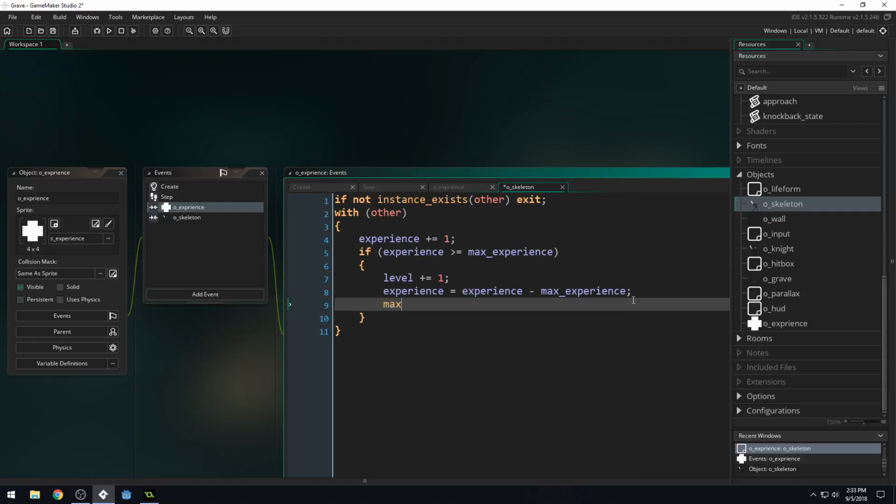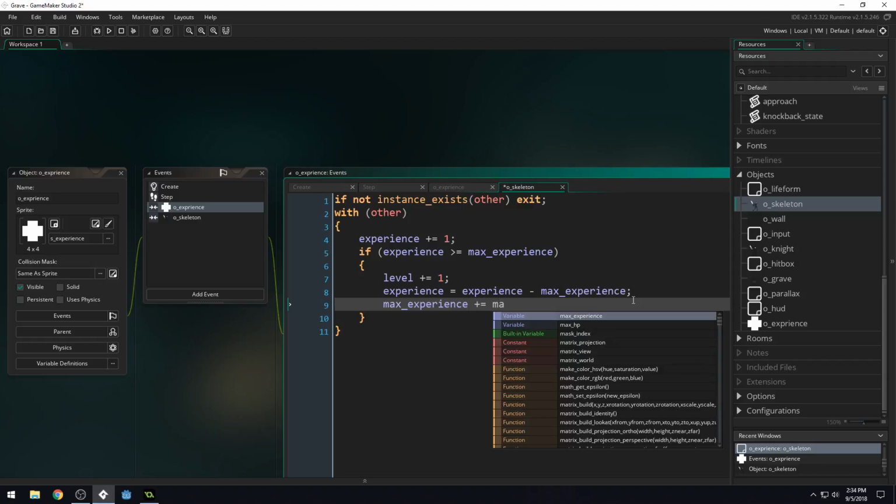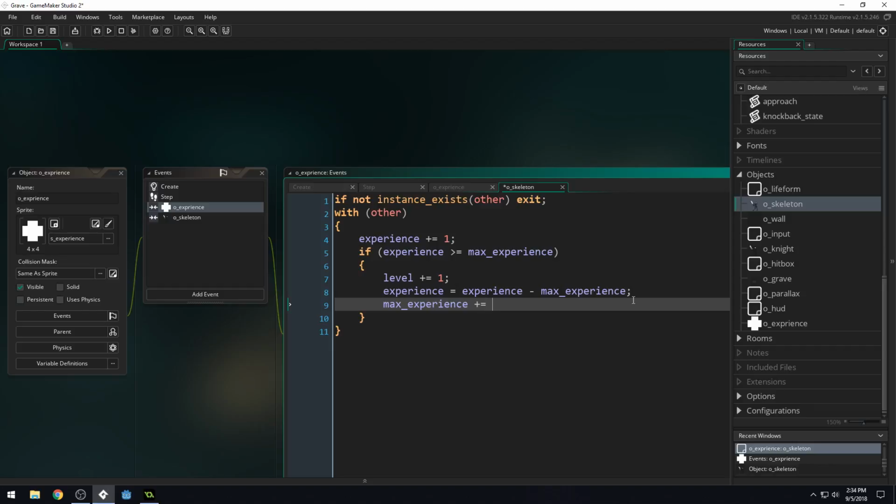Once we've done that, we want to set our max experience up too. We'll say max experience plus equals max experience. So our max experience doubles every time we level up. It starts at 10, goes to 20, then goes to 40, then goes to 80. It'll double every time. So our experience curve is going to be exponential. Then we're going to do max HP plus equals 5. So we'll add to our health. We'll say HP plus equals max HP